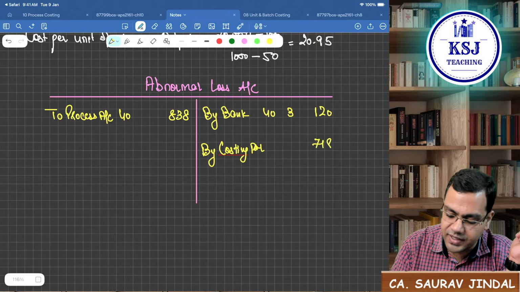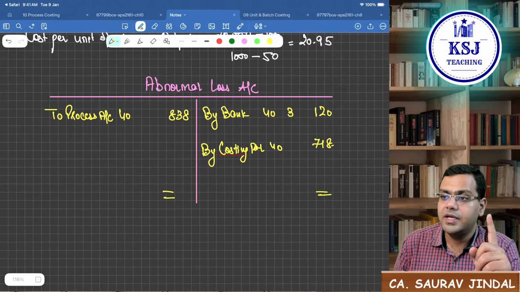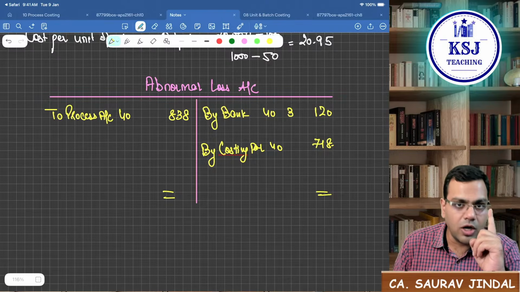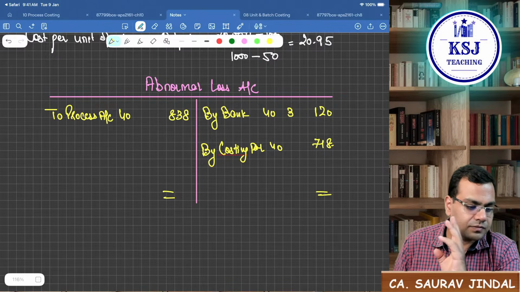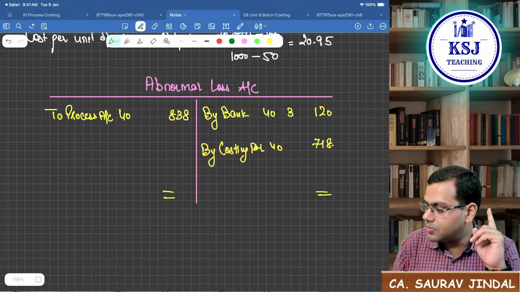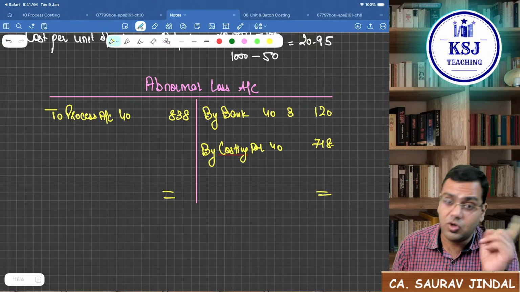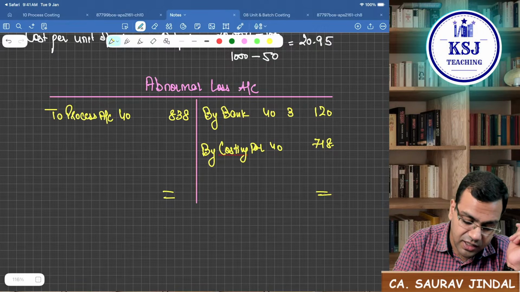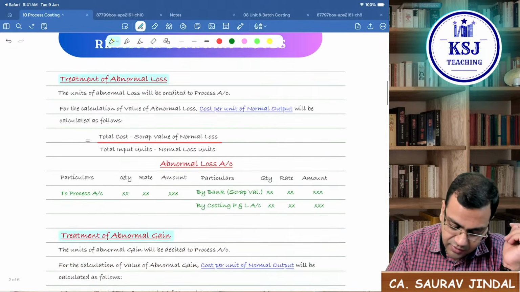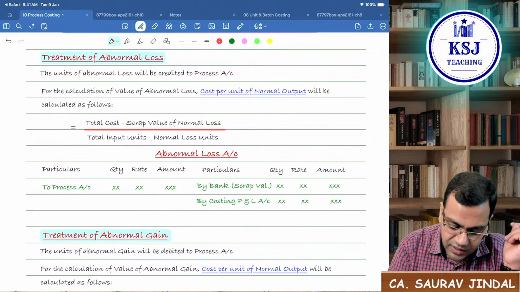718 rupees you will take it to costing P&L account. Clear? So scrap value of the normal loss will be taken in the process account itself, but the scrap value of the abnormal loss will be taken to costing P&L, in the abnormal loss account, and the balance will be taken to costing P&L. See here, the treatment of abnormal loss, read it very carefully, the units of